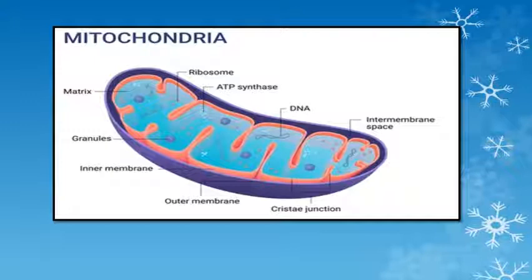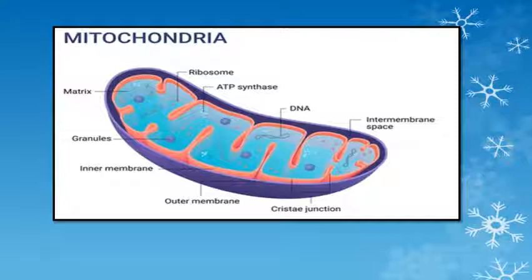We learned about cristae in the Golgi complex also. What are the cristae? These are folded structures. The inner cavity is filled with a proteinaceous gel-like matrix. Here you can see a blue colored gel-like structure. The inner cavity of the cristae is filled with the matrix, and this matrix contains ribosomes, phosphate granules and DNA.